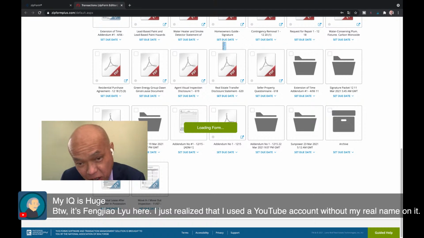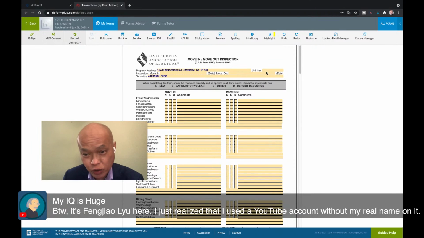I showed you the residential lease after sale form. I'll get into it in more detail in a minute. But the second form, that you should actually have both parties, both the seller and the buyer, sign, is called the move in, move out inspection, because it's a rent back situation. The seller will become the tenant, and the buyer will become the landlord. Because of that, and earlier Joanna was asking, how do I protect my buyer? Well, this is one of the forms you're going to use to protect your buyer,